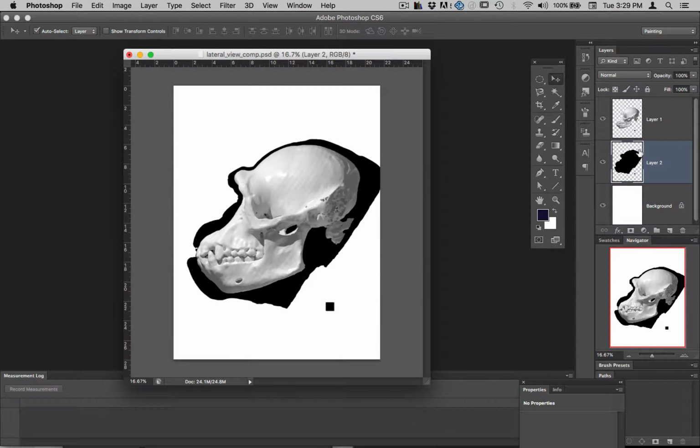Now we want to be able to change the scale of both of these layers at the same time. So if we select them both in the layers palette by selecting one, then holding down shift and selecting another, then clicking on this little link icon here, we can link them together, and what we do to one will be done to the other. So just selecting here the one on top, actually I'm going to name this quickly. Okay, so now with either one selected,